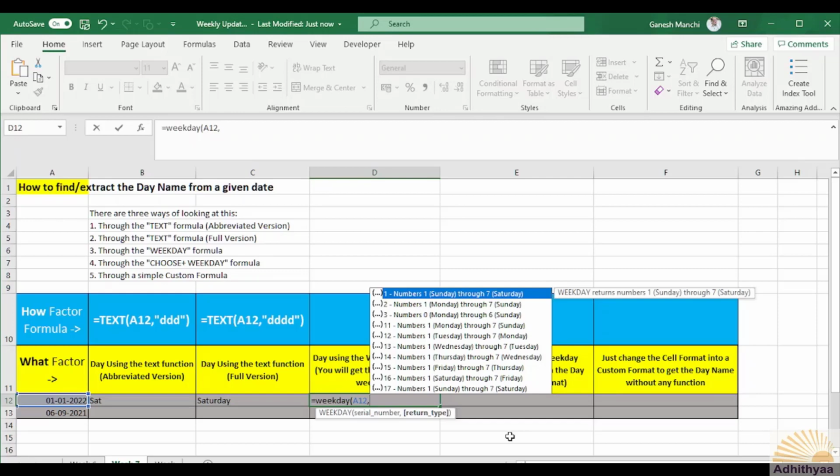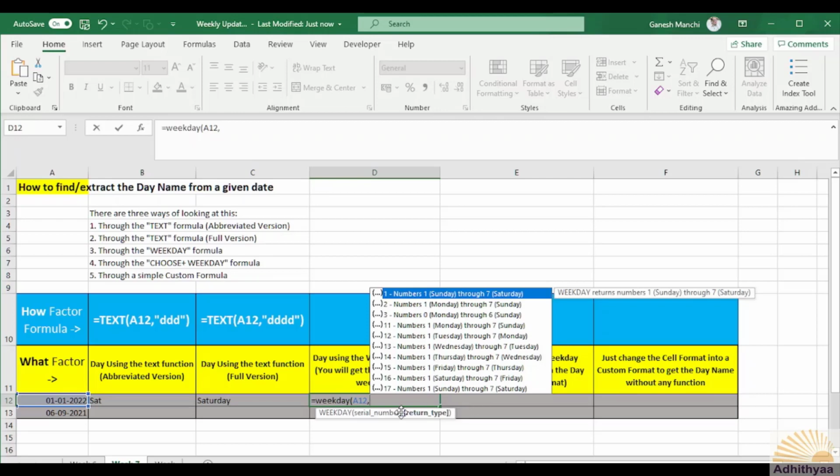Normally, the week starts with Sunday. If you want to have that, you can use 17, which is Sunday is 1, Saturday is 7. Otherwise, generally, if you're in an office where your day starts with Monday, then you can simply say that number 2 as the return value here.